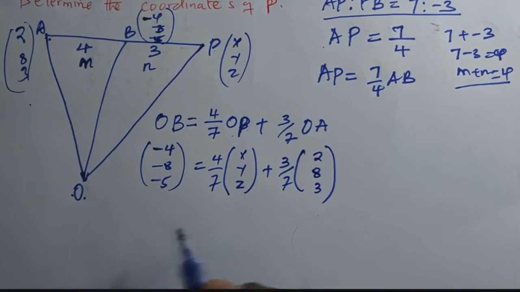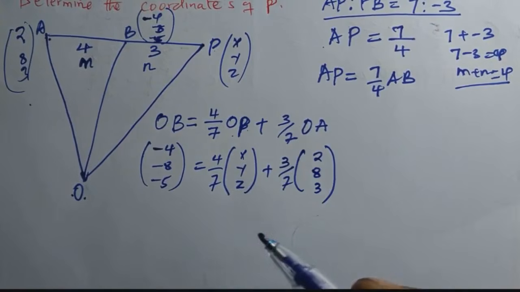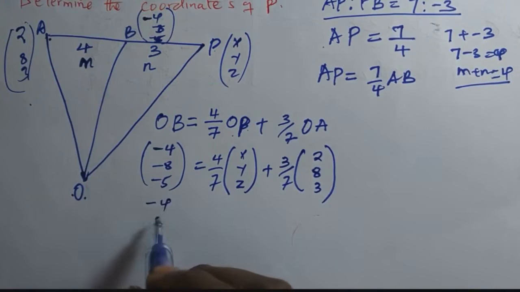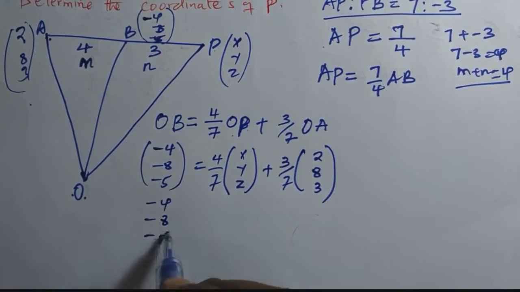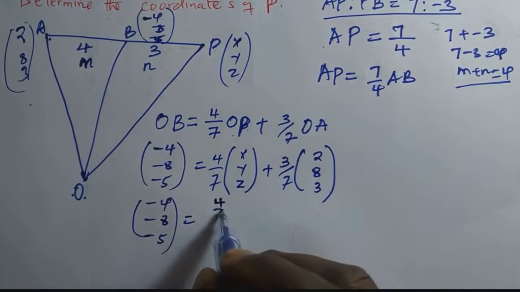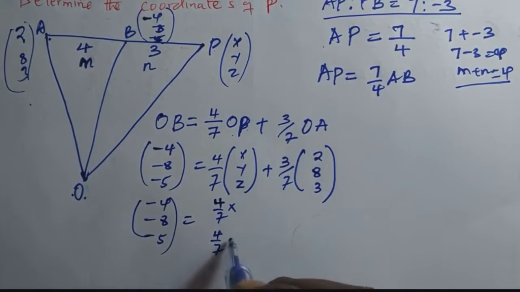From here now you can multiply and bring this one to this side. You can do whichever way you want. So first, let's multiply this one. So it means -4, -8, -5 is equal to 4 over 7x, 4 over 7y, 4 over 7z,